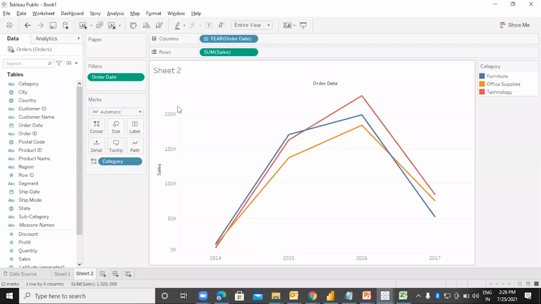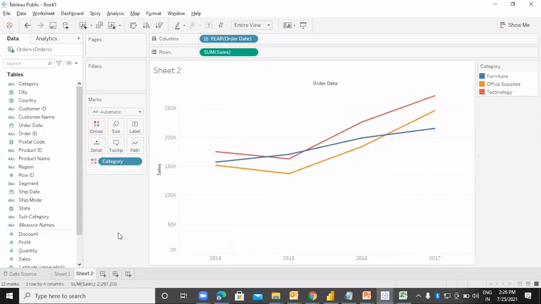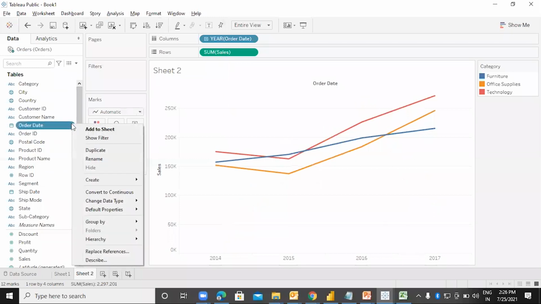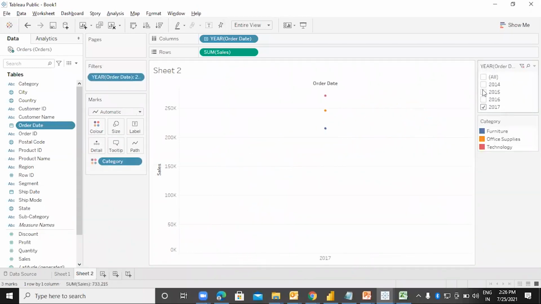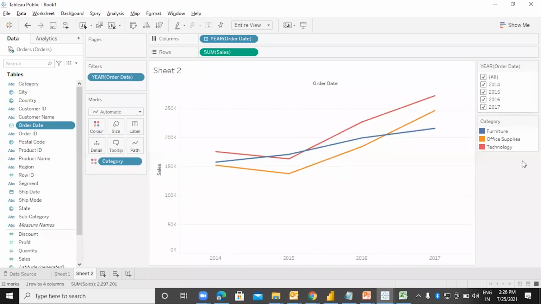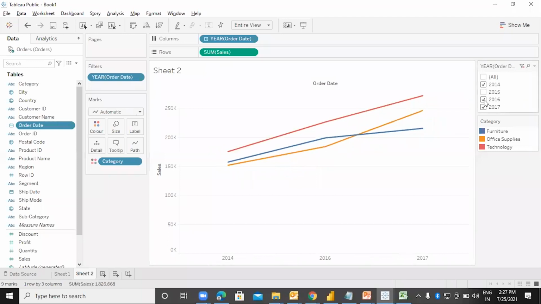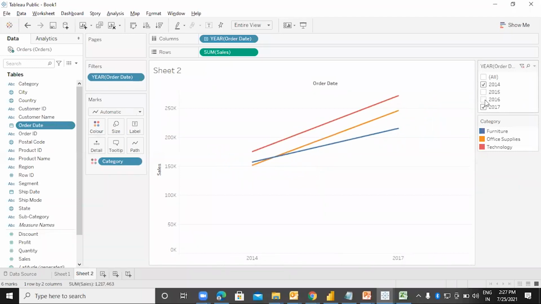And we also have one more option of the date filter, which is simpler and more useful. That is the interactive date filter. You can click on this drop down and simply say show filter. And you are getting the date over here. Which two years you wanted to compare, you can do it like this. Okay, so I want to see 14 and 17. What is the status from 14 and 17? So the sales has been increased in all the categories. Let's take all.